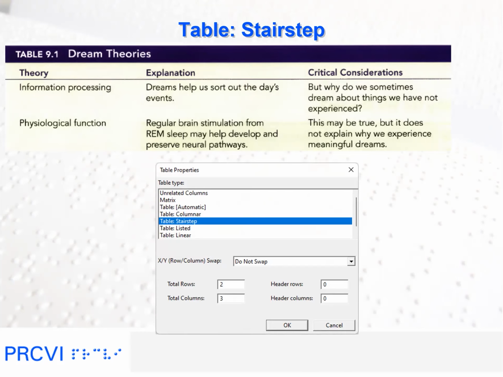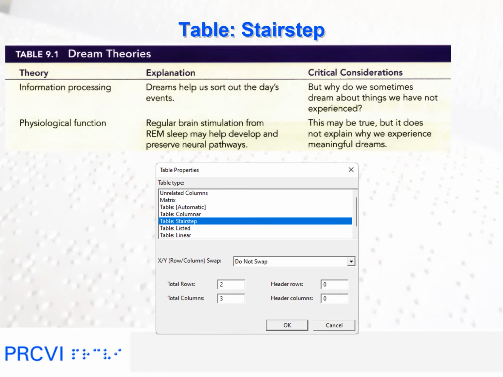From the table type option, select Do Not Swap for XY swap. Total rows are 2. Don't count column headings as we will format them differently. Total columns are 3. Header row is 0 and header column is 0, since we did not include them in our count for the number of rows. Click OK.